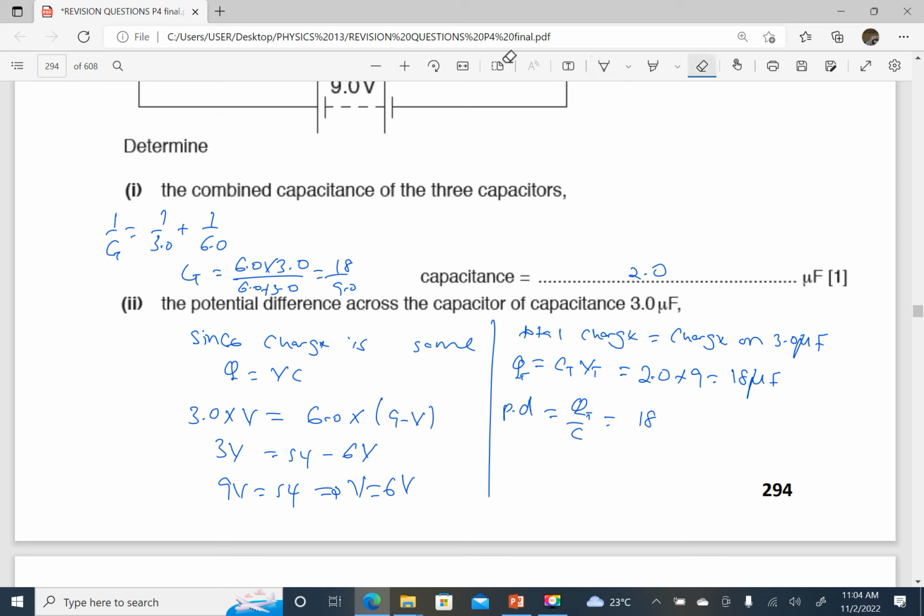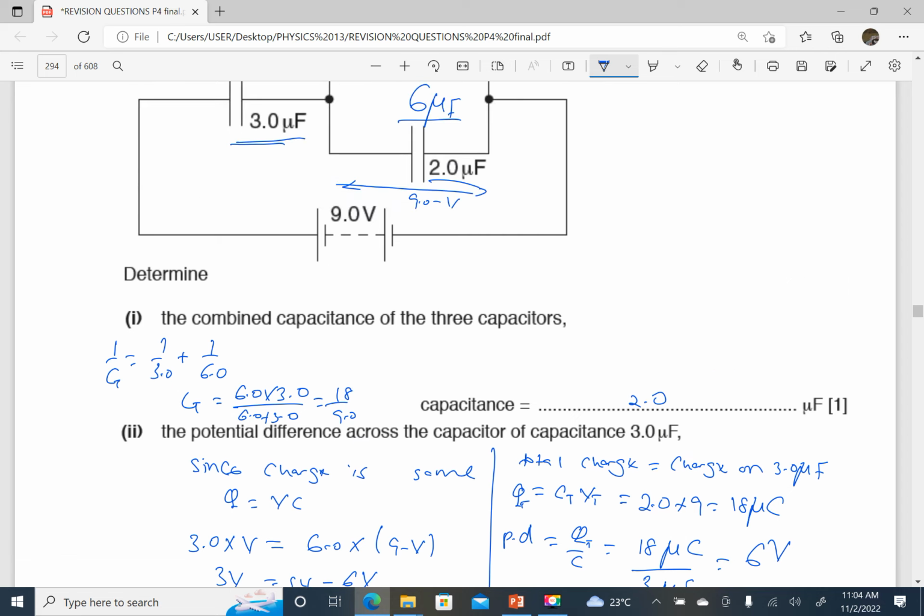By the way, total charge is not in microfarads; it is in microcoulombs. So this is 18 microcoulombs divided by 3 microfarads. So this gives us 6 volts because micro cancels, and coulombs over farads is going to be volts. So we could also use that. Alternatively,